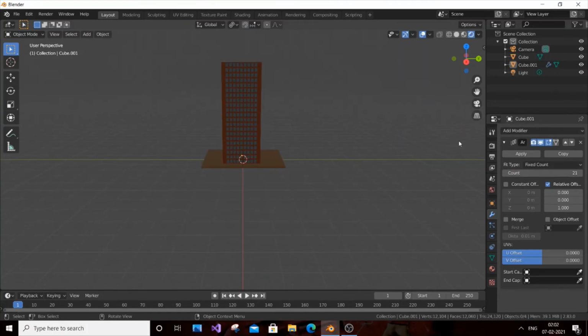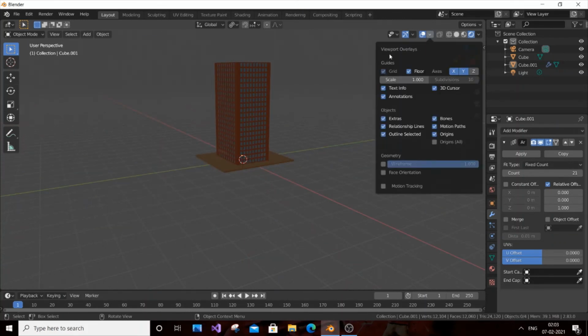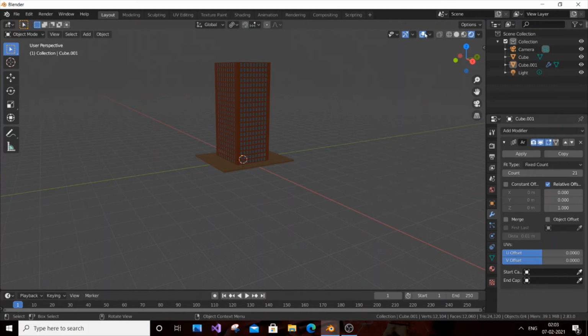Now for zooming in and zooming out, use the plus button on the numpad to zoom in and the minus button to zoom out. So that's fantastic. I think that's it. We have got our building. I think you like it because it really looks like a building. So that's awesome, I would say. So as you can see now, it looks fantastic, and you don't have anything in the background.